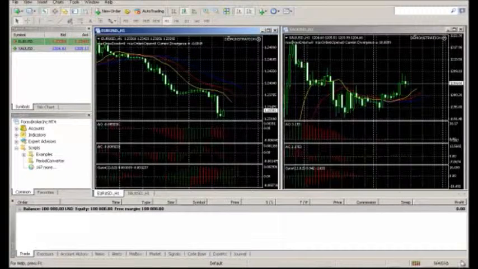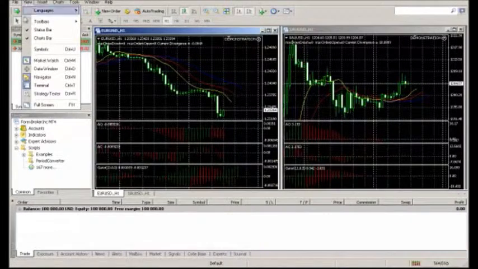Now, when you download a MetaTrader platform, in some cases, on your left hand side here, where the symbols are, you only see 2 pairs, or 3 or 4. You don't see all the pairs. What you do in this case is you go to View at the very top of your platform on the left, and you see it's a drop down window that you see options. Okay, you go into